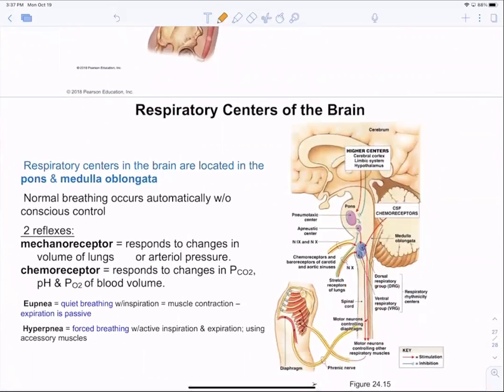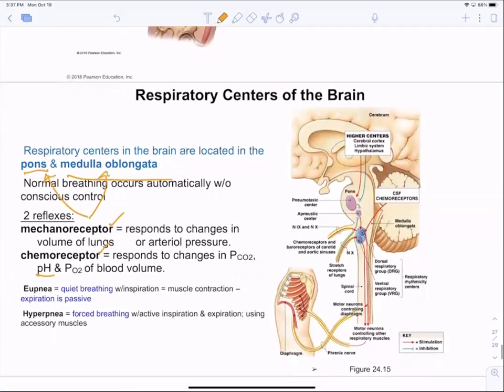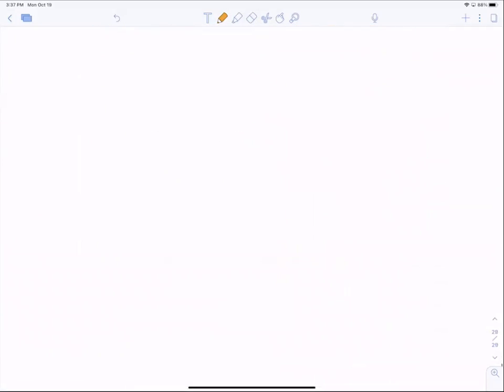Centers in the brain that are controlling the rate and depth of these muscles are in the pons and the medulla oblongata, so your brainstem. And there are receptors that are monitoring the volume and pressure and also the pH. And so there are mechanoreceptors and chemoreceptors that are monitoring to tell the pons and the medulla oblongata if you need to breathe more or you can breathe less in terms of number of times. And that is it for chapter